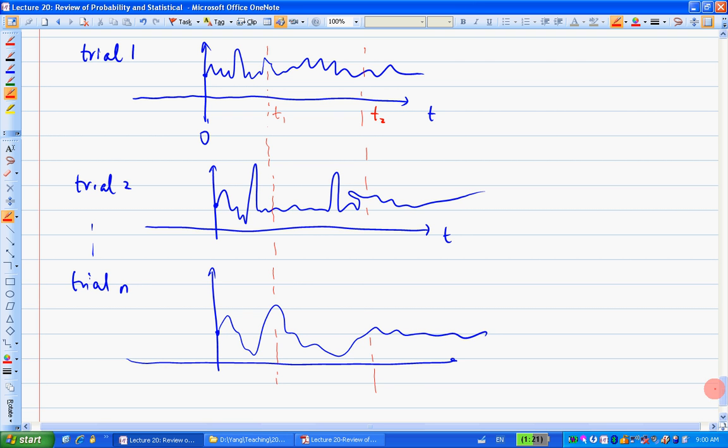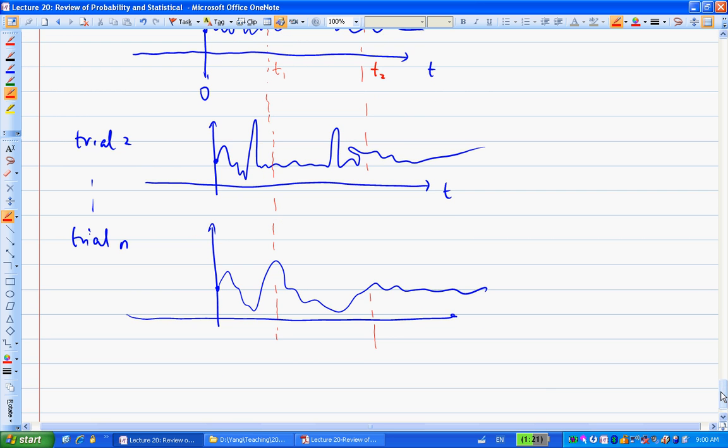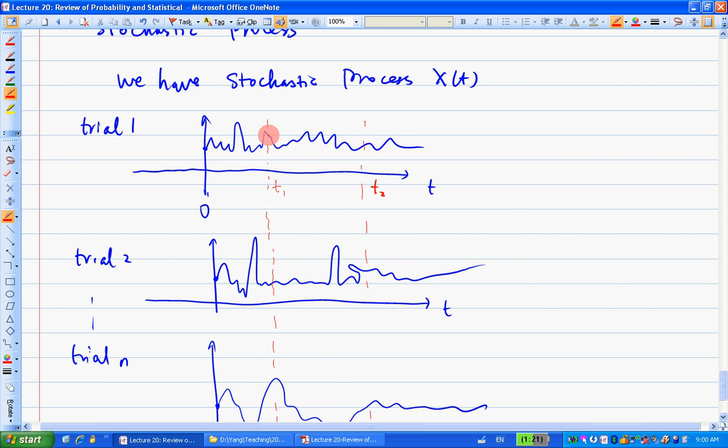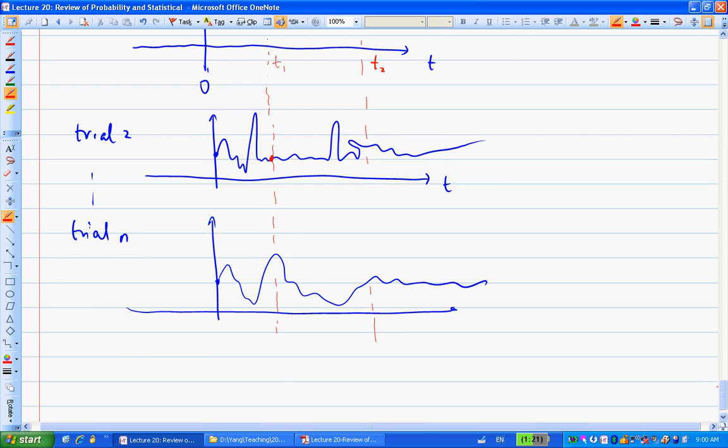At this moment, trial number 1 has a certain value here, trial number 2 has a certain value here, and trial number n has a certain value over here, right? So for the time instant t1,